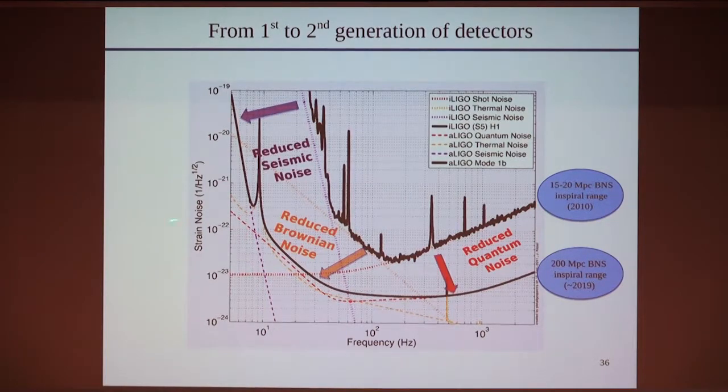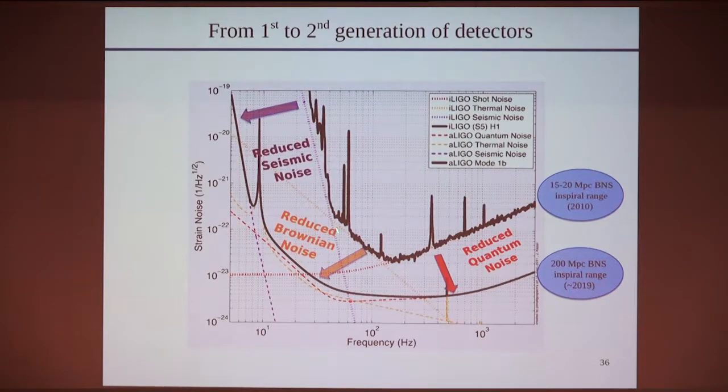And that was a problem for many years. For many years, binary systems were merging, there were events somewhere in the universe, but the sensitivity of the detectors was not low enough. So from the first generation to the second generation of detectors, the goal was to go from that sensitivity curve to this one. How could we do that?